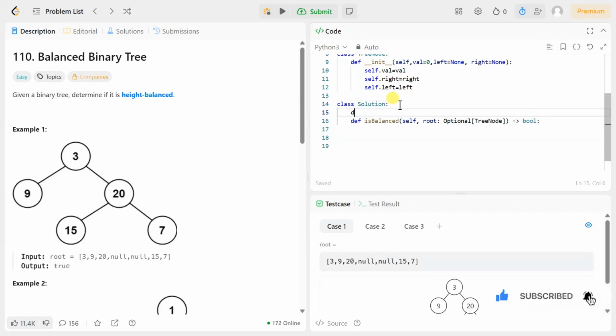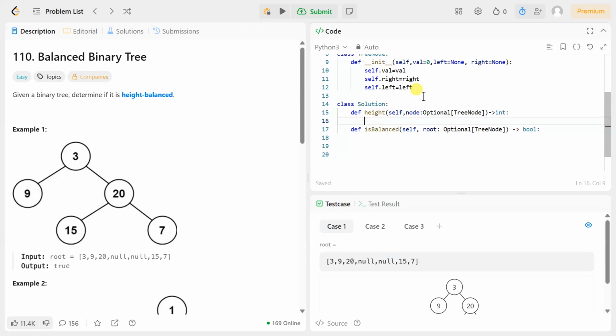But first of all we will calculate the height, so we will define def height of self, node, node, and then it will be Optional, and we will pass TreeNode inside the Optional, and then it will be returning: if not node, then it will return 0, otherwise it will return 1 plus